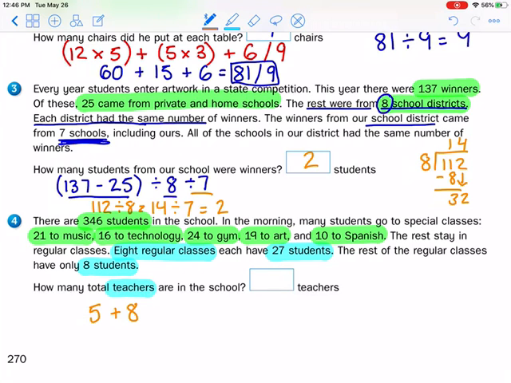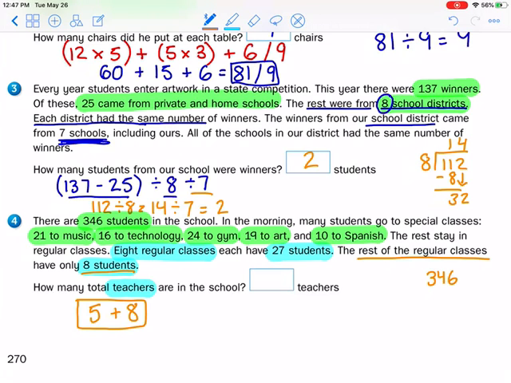So this is going to be how we figure that out. But we don't know how many other regular classes only have 8 students. That's what we need to figure out. So we need to figure out how many groups of students they have left over after all of these special classes. So you're going to take, now keep this in mind, I'm going to put this in a box here so we don't forget. You're going to take the